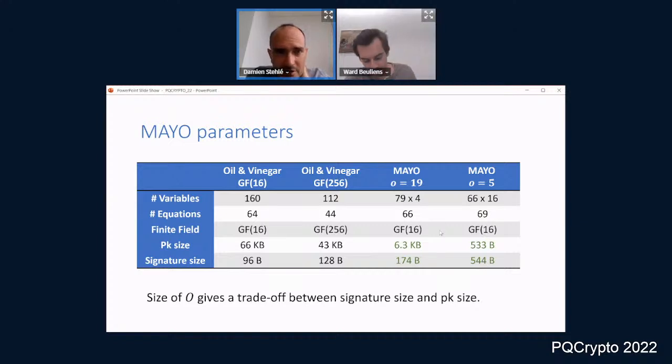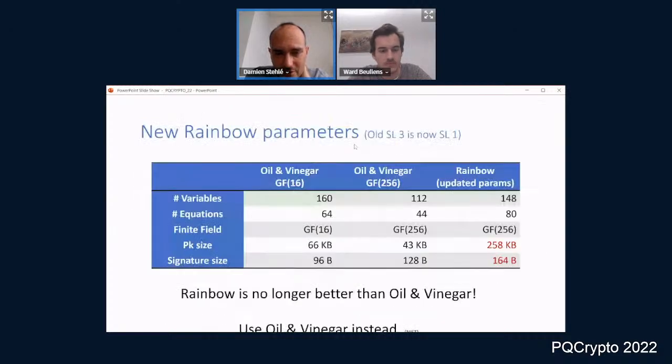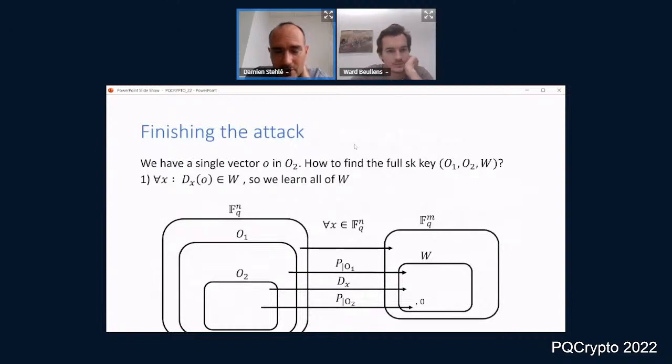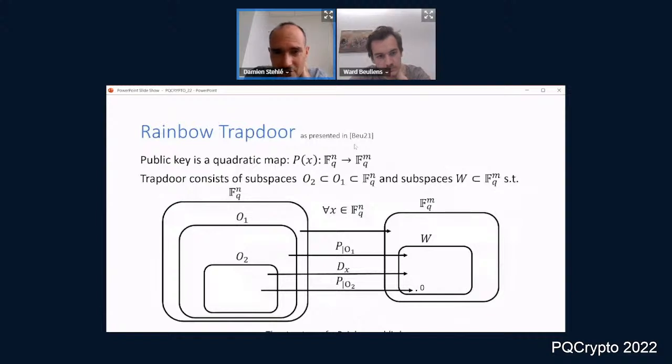Then I had a very naive question on the first half of the talk. From what I understood, having several layers of oil was tempting as a way to make the scheme more efficient. But what you showed is that it's just making the schemes more inefficient. So there is no point doing this anymore. Is that a correct understanding? Okay. Yeah. Okay, thanks.